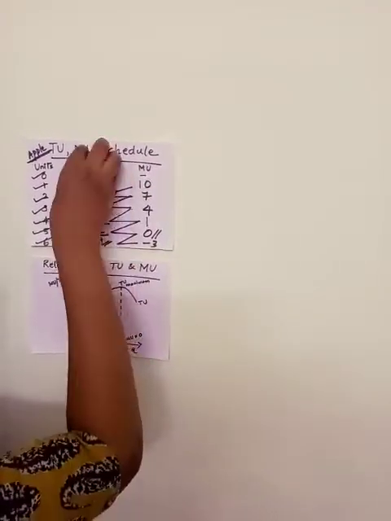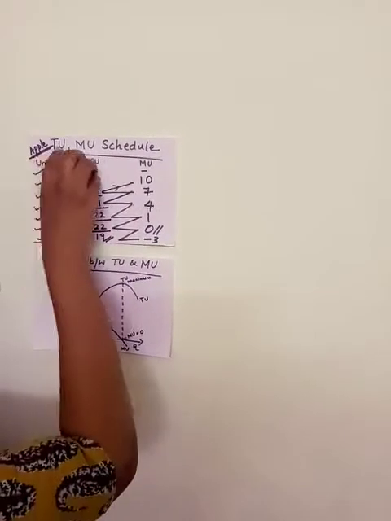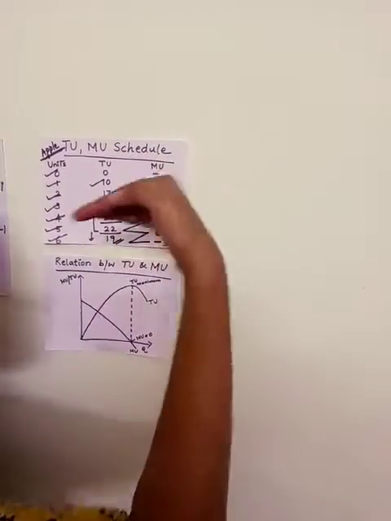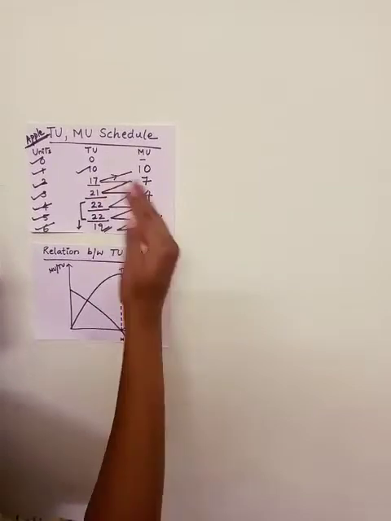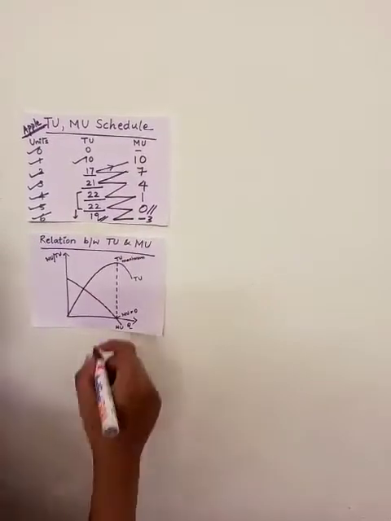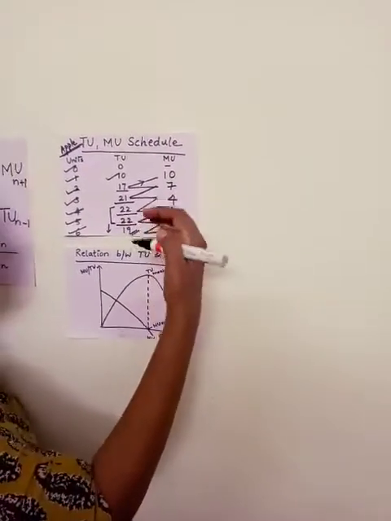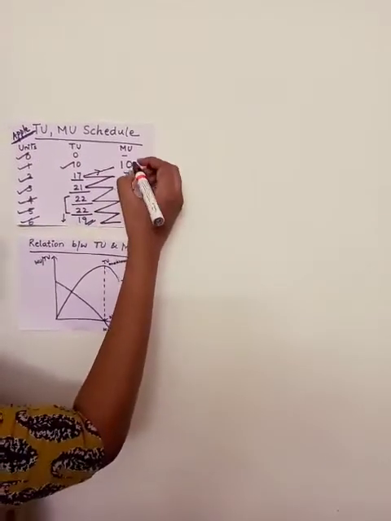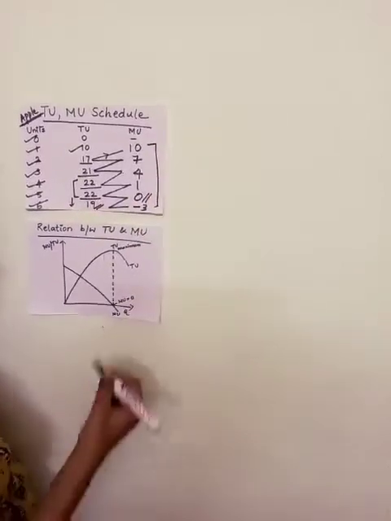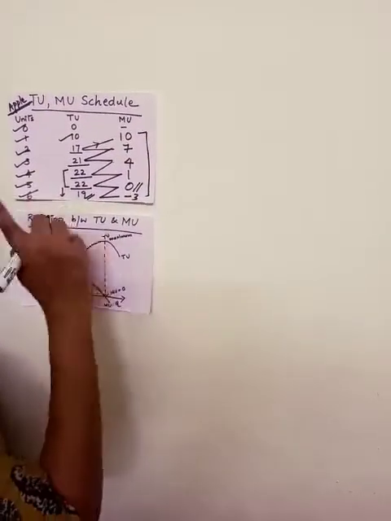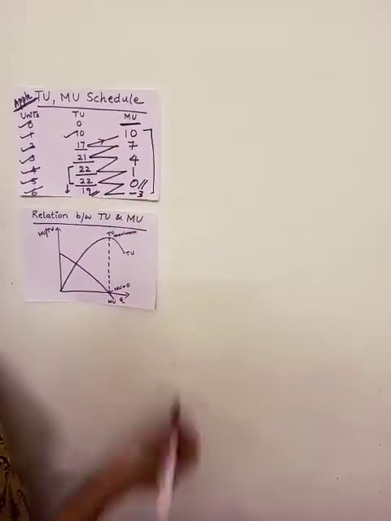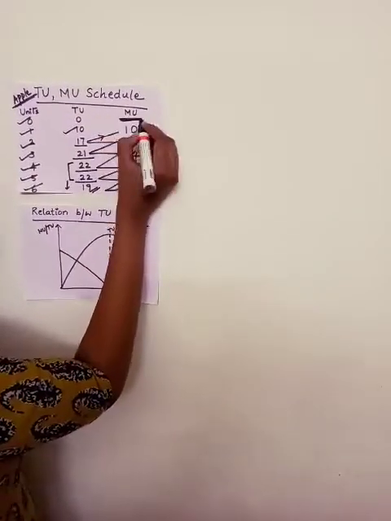TU is the total utility which you get out of consuming the apples. And marginal utility means when you consume more and more units of an apple, what is the utility added to TU? That is MU. If you can see here, it is a consumer behavior shown here. MU is throughout decreasing here, right? 10, 7, 4, 1, 0, minus 3. So you can conclude that in a TU-MU schedule, MU will be throughout decreasing.